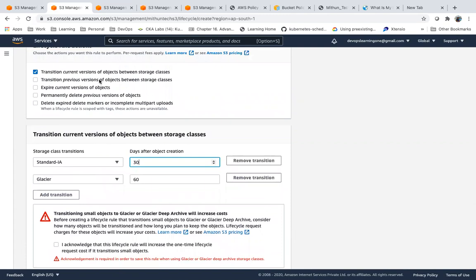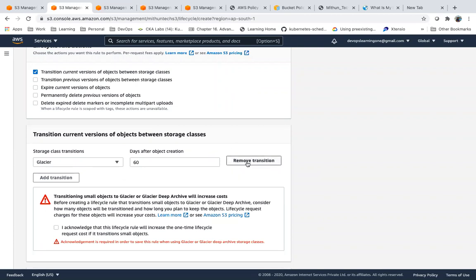Suppose I want to move the previous versions also, you can directly select Glacier. You don't have to go step by step. You can directly move to Glacier after 30 days, based on your requirement.